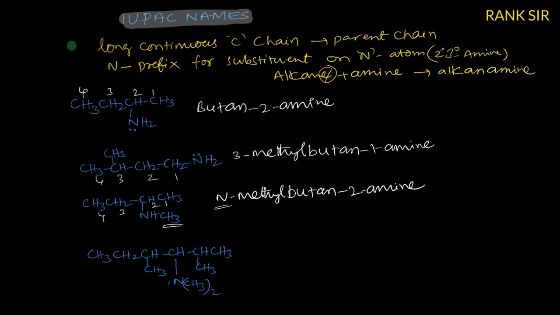Similarly, for the next one, if you start numbering from the right side to the left side, it is 1, 2, 3, 4, 5, 6. If you start from left to right, then the nitrogen substituent carbon will get the higher number. That's why it is not good. So now you have to find the substituents. At which position is there? Methyl groups are at the fourth position and the second position. Therefore, it is 2,4